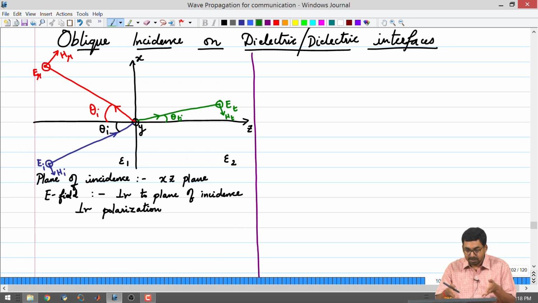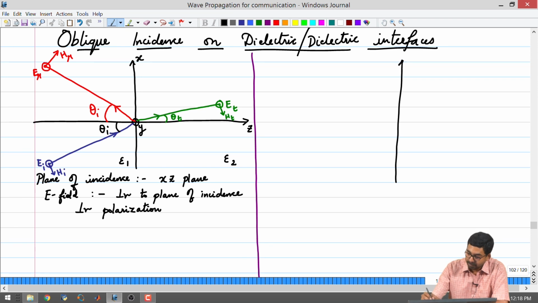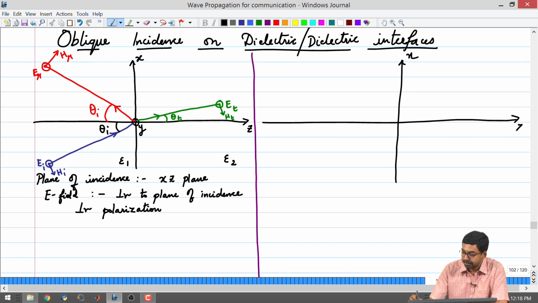Now that we have drawn this configuration, let me draw the other configuration on the side, so that we can work out one part and then go to the other part and try to mimic the same thing again. So, I will go ahead and draw the axis again. I am having the x z axis and I am going to be marking an incident ray.